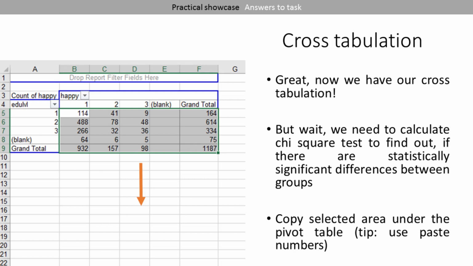And now we have to copy and paste the number information under the table, because we have to calculate expected observations for the chi-square test, because we have to find out if these are statistically relevant, the, how do you say it, the relationship between education and happiness.